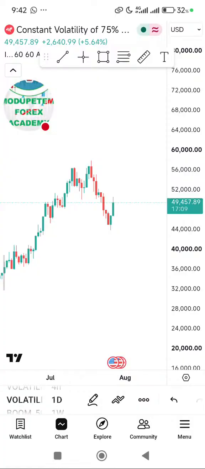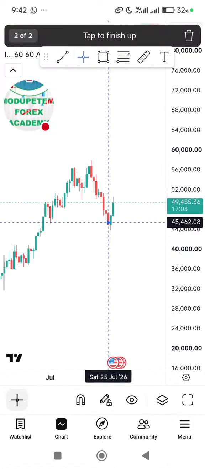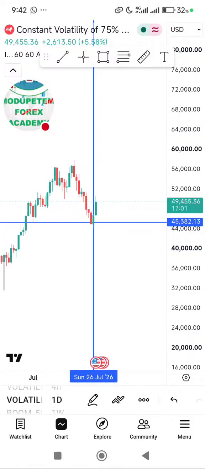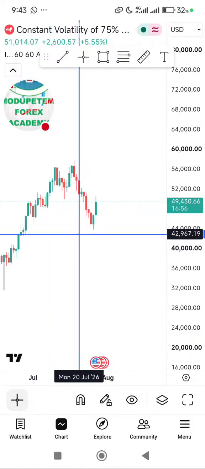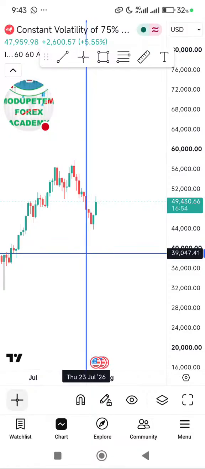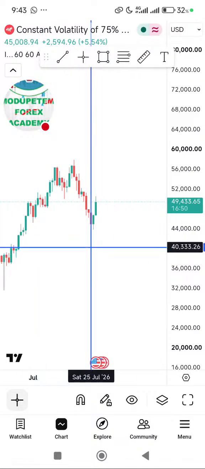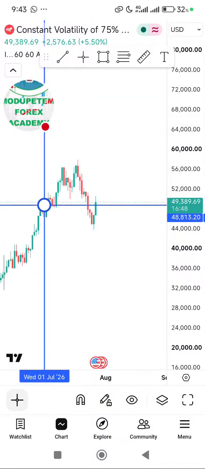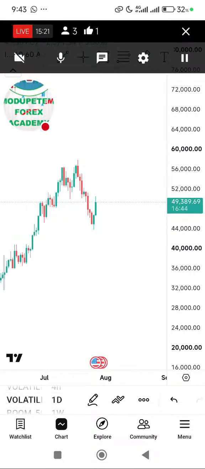So now if I'm counting 20 days backward from today, obviously I'm starting from this candle here. If I count 20 days backward, this is 26. So obviously I'm still going to be in the discount level. So on the discount level, it is very, very obvious that I'm bearish.